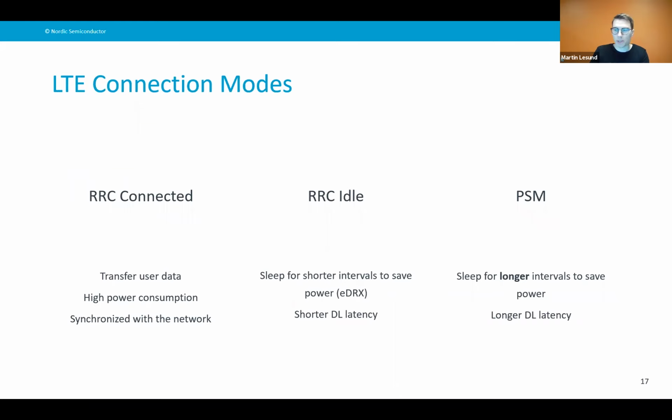So now a little bit the basics of the different modes the modem can be in. You have RRC, radio resource control connected mode. You have RRC idle mode, and power saving mode. So you have these three steps: RRC connected mode, you transfer your user data, and this is using the highest power. You are synchronized with the network. And when you don't have anything to send, it will automatically go in RRC idle or PSM mode, dependent on